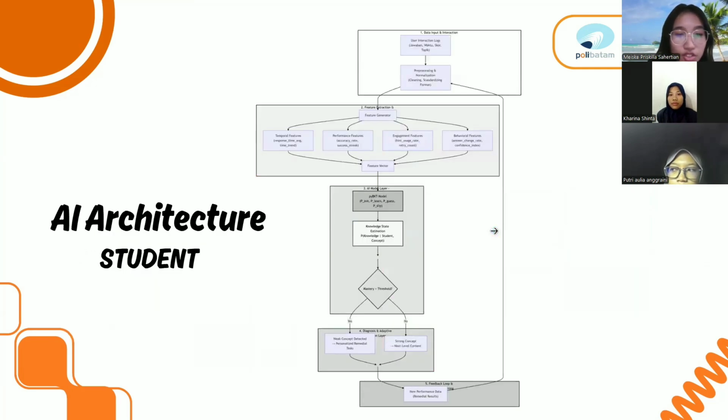And this is the student side. This architecture shows how our system models student knowledge and personalizes learning. It starts with collecting student activity data, like interactions and video views, which are transformed into feature vectors covering time, performance, engagement, and behavior. These features are processed by an AI model like a neural network or SVM to estimate